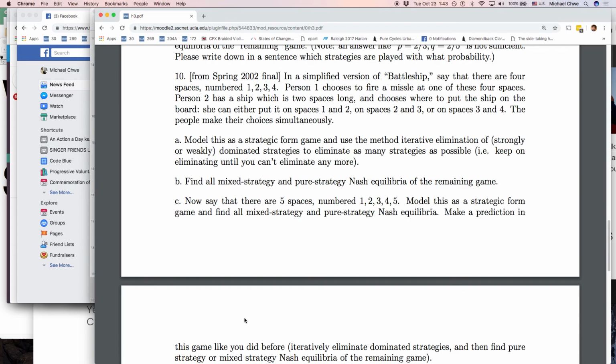Remember? So like, if you're the attacker, you don't want to attack in the corners, and therefore if you're the defender, you want to put your ship in the corners. Yeah? Knowing that the attacker will never do 1 or 4, they'll always do 2 or 3. Therefore, you don't want to put your ship in 2, 3. Does this make sense? Okay, so now do I have anything left? No, I think this is done, right?